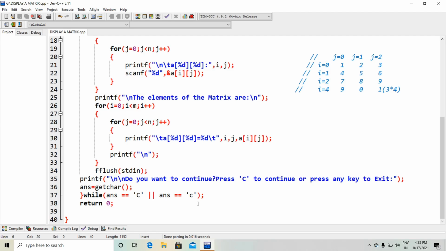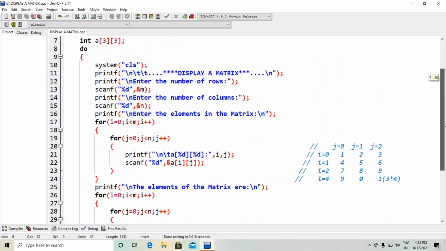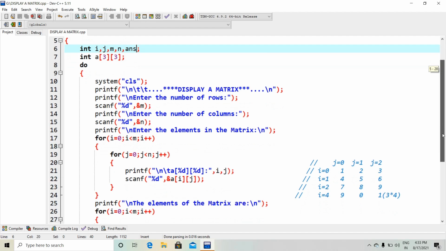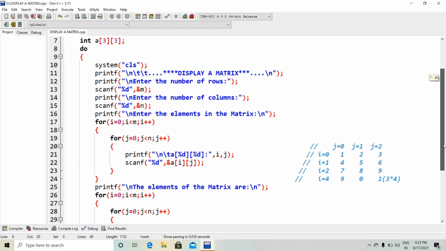But if you press anything else except capital C or small c, then you will exit from the output screen. So that's why I am using a do while loop, and this is the purpose of the ans variable.